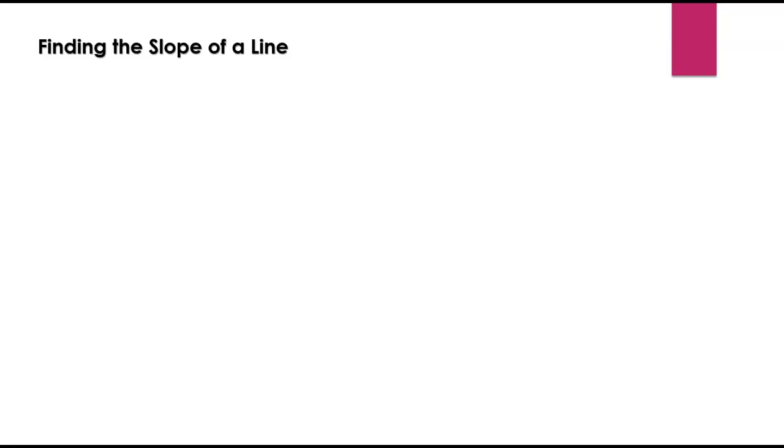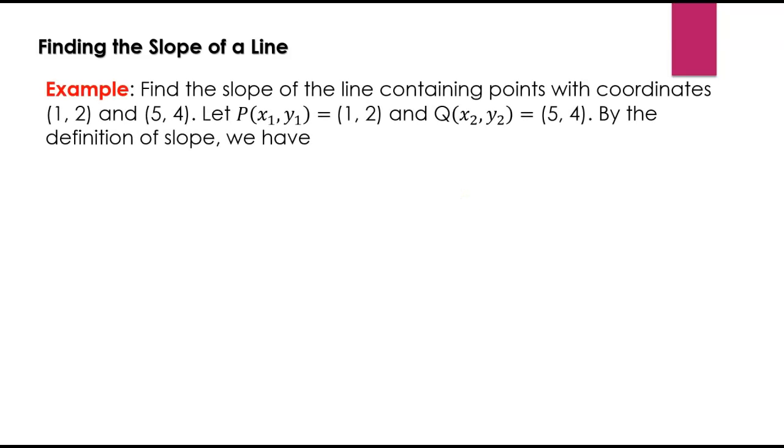First of all, let's find the slope of a line. We're given 2 points. We want to find the slope of the line containing points with coordinates 1, 2, and 5, 4. Let P x1, y1 be 1, 2, and Q x2, y2 equals 5, 4. The order doesn't matter, and I could just as well switch these, but we'll stick with this for now. By the definition of the slope, we have m is y2 minus y1, so that's going to be 4 minus 2,